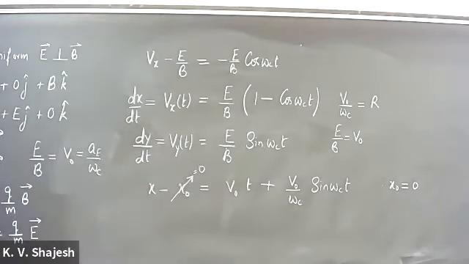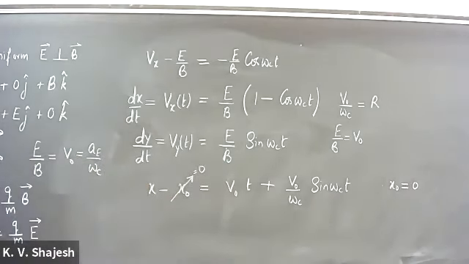And this is again the radius we're going to define. So at time t equal to 0, y is 0, so you get 0 minus y naught is equal to minus r. So that means y naught is equal to r. So what we have here is, as a solution,